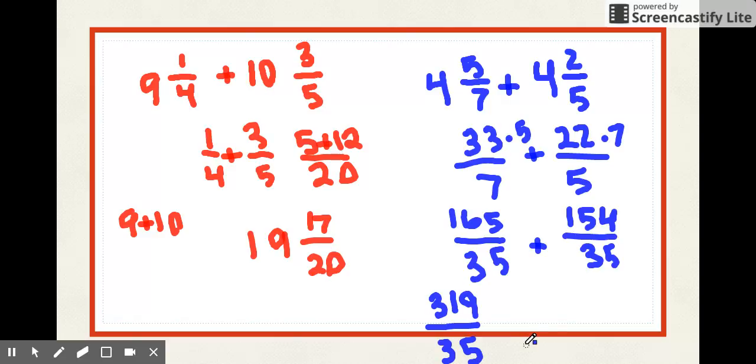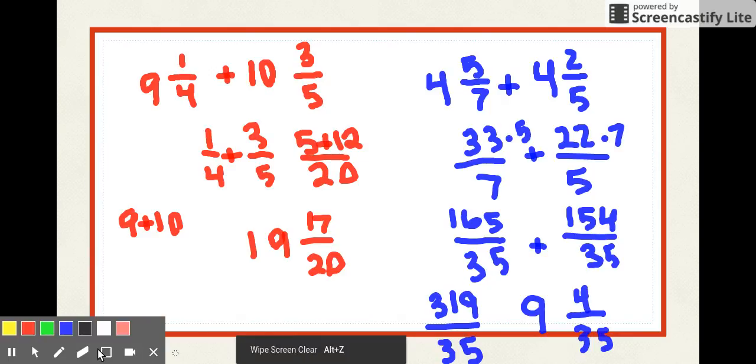That's obviously not in simplest form. The easiest way would be to change it into a mixed number. How many times does 35 go into 319? How many whole times at least? The answer is 9. So 9 times 35 is actually 315, which means you're 4 left over. So it'd be 4/35, 9 and 4/35. So that's the other method. You may not prefer it because it is a lot more math, but whatever you prefer, you can use either method. Make sure you copy this down into your notes and